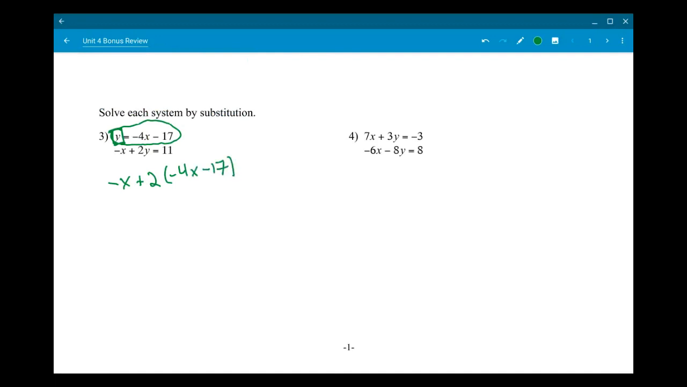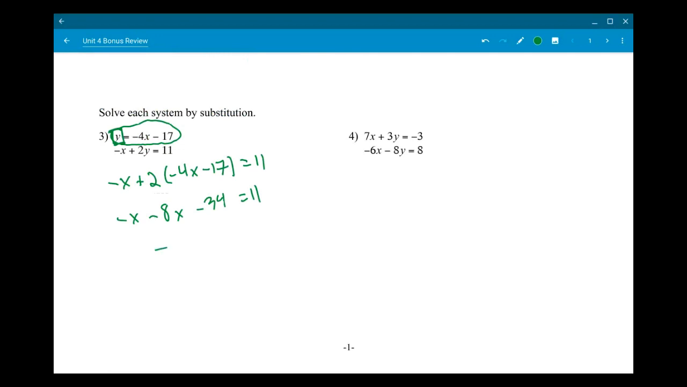Everything else about our equation stays exactly the same. Now, what you'll notice, and this is a good check to see if you did it right, I am now down to one variable. I only have x's in that equation. So now after I do distributive property and combine like terms, I should be able to just simply solve for